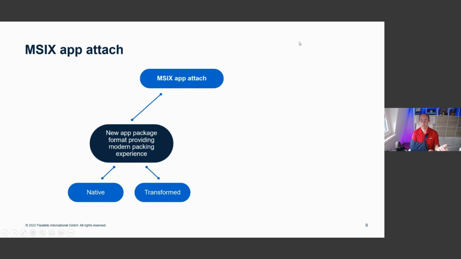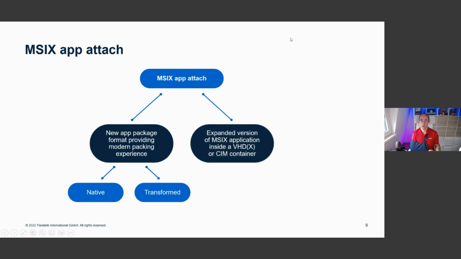So the end result, whether that's native or transformed, will always be an application inside the MSIX format. You can then take that application and distribute it to physical workstations or have it installed manually by an end user. But in this case, we're using it to connect to that app attach process. And that is the second part of MSIX app attach, which is basically expanding the MSIX application. That means extracting it, taking the contents and putting those contents inside a VHDX, VHD, or CIMFS container. So at that point, the end result is a containerized, expanded version of the MSIX application, which you can then